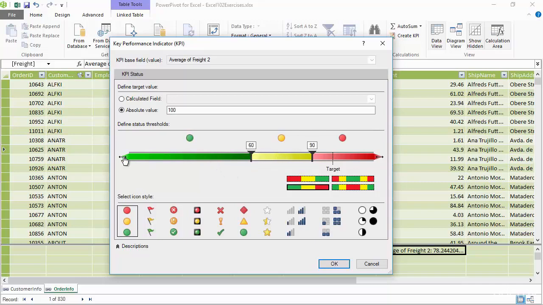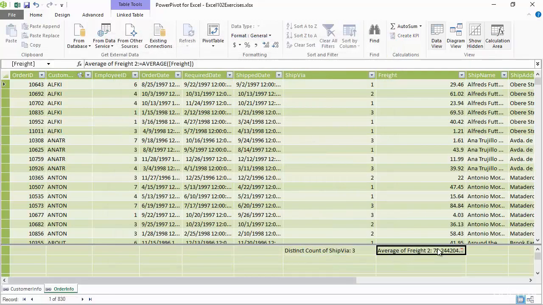All right, so if I'm $0 to $60, we're doing good. Our customers are happy. We're not charging them as much for shipping. If we're between 60 and 90, we're in yellow. And if we're above 90 as an average for the country, then we're doing poor inside of there. All right, so I'm going to go ahead and hit OK. So I've now created the KPI inside of there. I can see the little KPI marker down there next to my calculation,